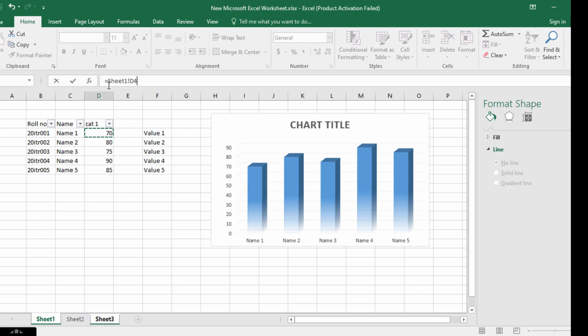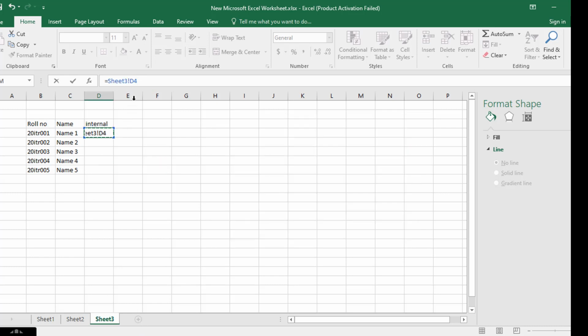Here you can see sheet 1 D4. Then plus, and what is the next data to be added? Sheet 2 D4. Now you can see that the formula is complete.